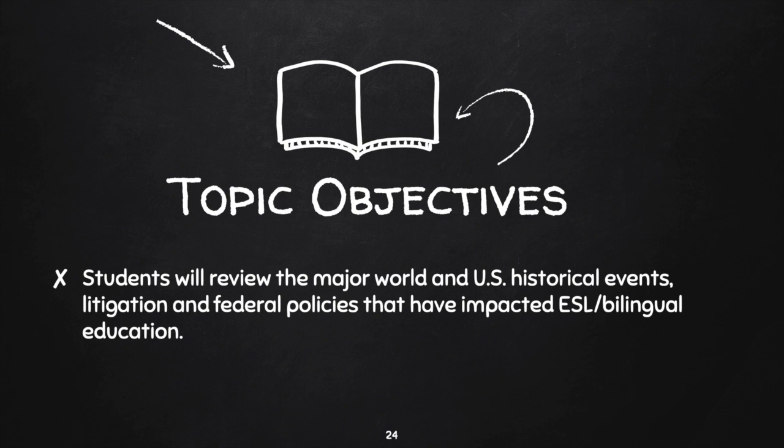You have a whole bunch of support for bilingual education, and then all of a sudden the pendulum just swings the other way. And so these policies and these pieces of litigation are really handed down through the court system, and they affect teachers in classrooms. And sometimes it's hard for teachers to keep up with this. So if you know somebody who's been in the field of education for quite a while, ask them, hey, do you remember when bilingual education was outlawed?